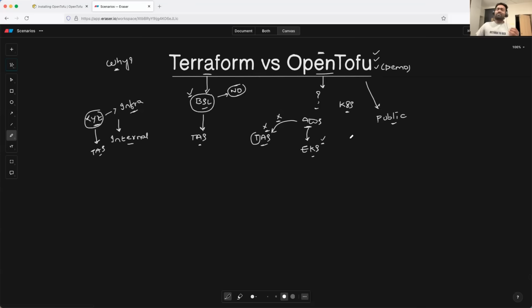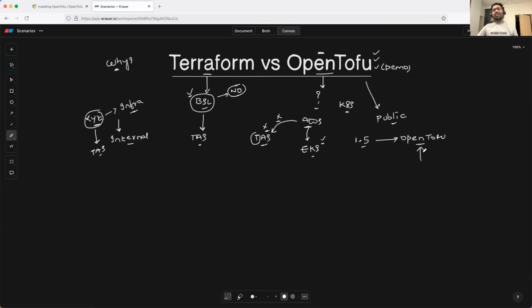If I remember it right, this licensing change happened during the 1.5 version of Terraform. So from this particular tag, an open source fork was created, and this was called OpenTofu. Now, any open source contributor, people who are interested, can contribute to OpenTofu.